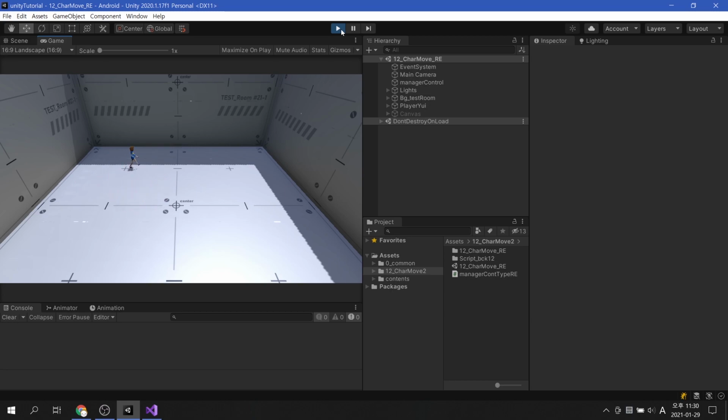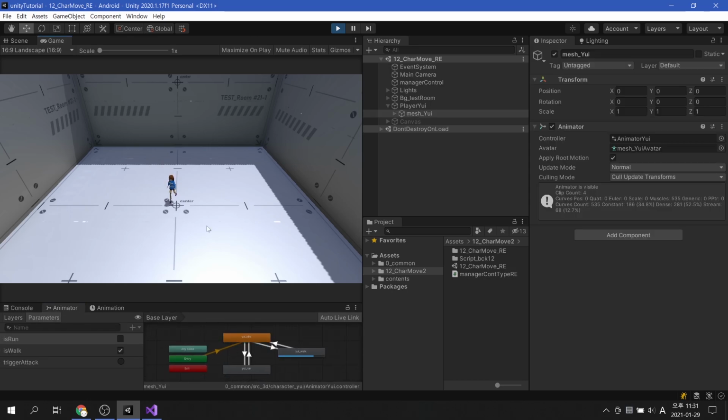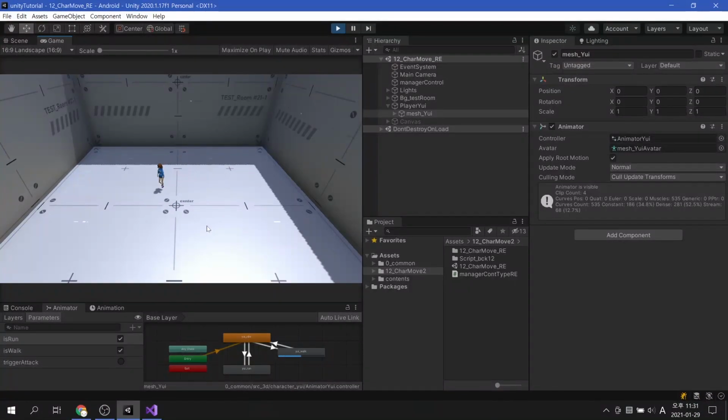However, there's a problem where the walking animation is maintained if the character moves forward while rotating. Let's check it through the animator. If you advance while the character is rotating, you can see that both the run and walk parameters are true. In this case, the is walk parameter must be false.